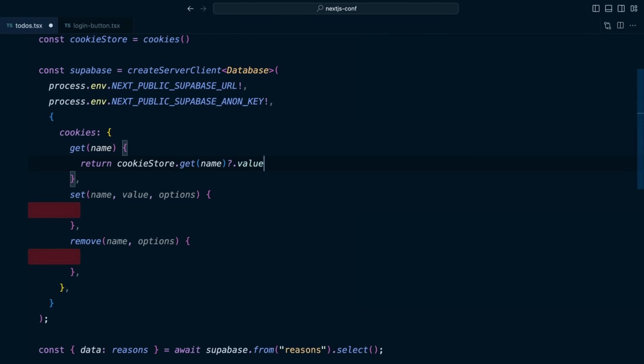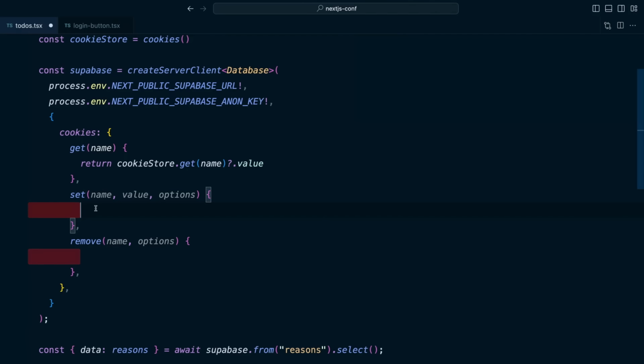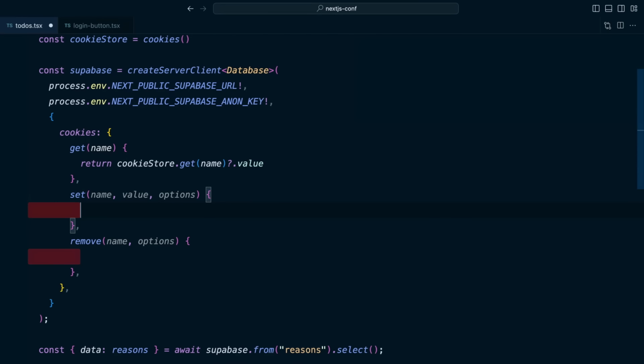Now server components only have read access to this cookie store, so we can't actually set or remove a cookie from a server component. We need to use middleware for that, but that's like a whole other topic. Don't worry, there's one command at the end of this talk, you run that, don't need to think about it. But for now, we could either leave these functions blank, we could just return, or if we want to be able to abstract this out into a helper function that can be used by those other server bits which can write cookies, like server actions or route handlers, we could say cookieStore and then use optional chaining to say only if there is a set method do we want to set the name, the value, and spread in the options.